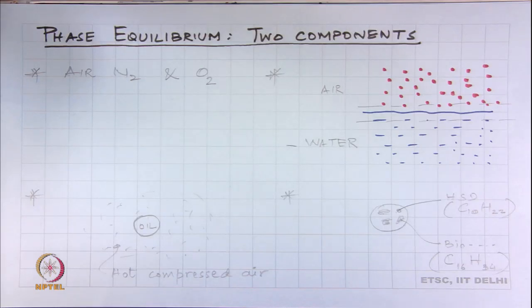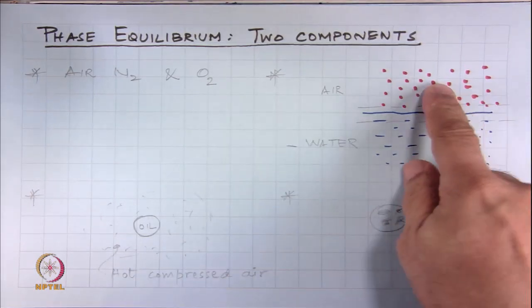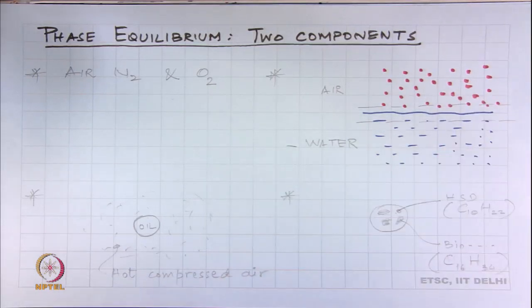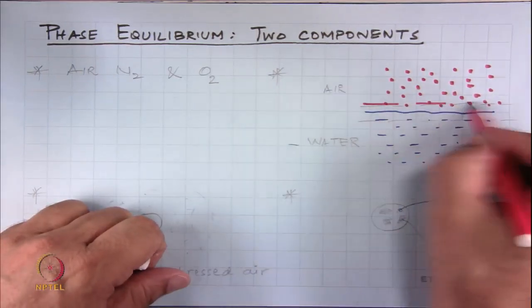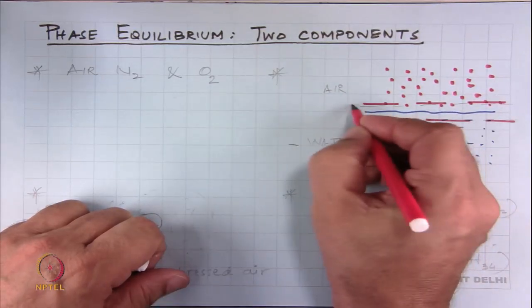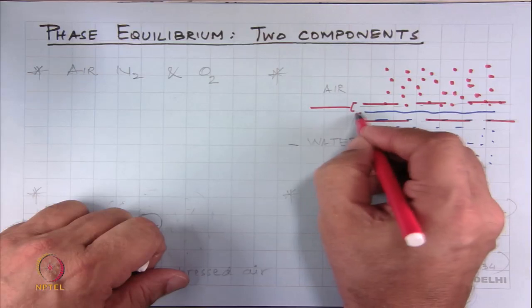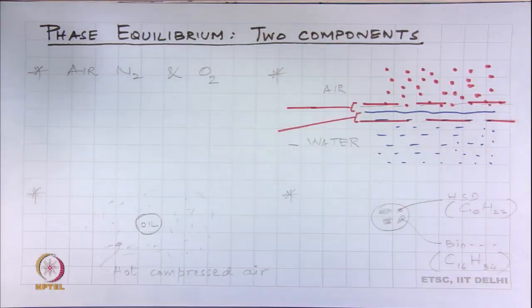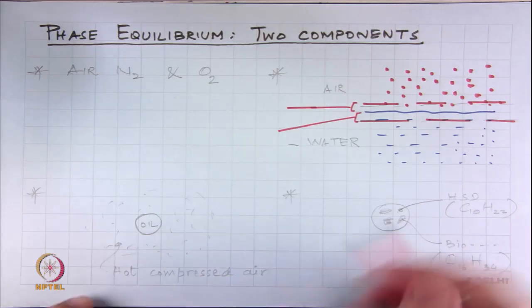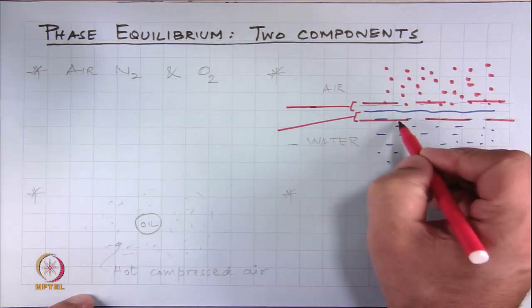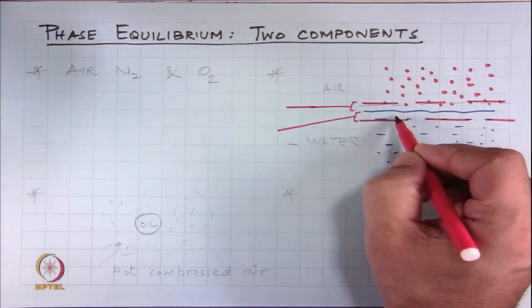Now, let us look at the more complicated case of two components. What are the examples of that? There is water and there is air over there, and we are interested in finding out what happens in a small layer over here and a small layer over there. We are asking, in the air just above the surface of the water, how much water is there at equilibrium. And we ask the opposite: in the small layer just below the surface of the water, how much air has come in.